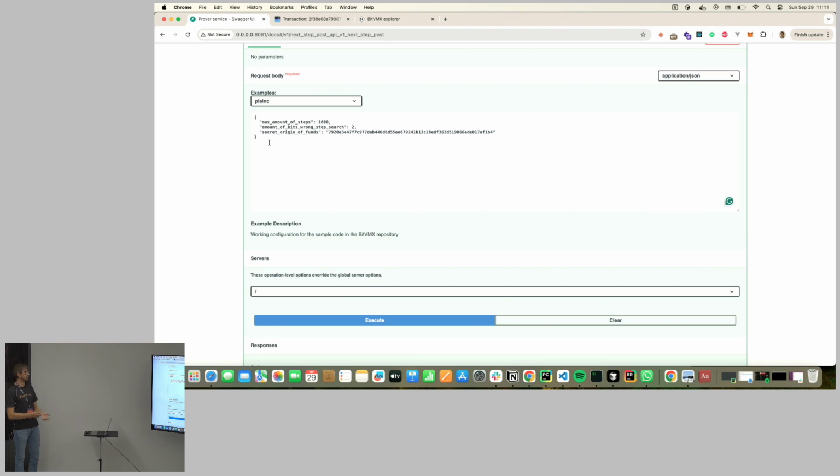So here we are just doing a toy computation, because a big computation takes more time to generate all the tree. We'll say that we have 1,000 steps, and we'll use 2 bits to separate the wrong hashes, meaning that each time we'll separate the search space into 4 intervals. So now, if I click here, what just happened is